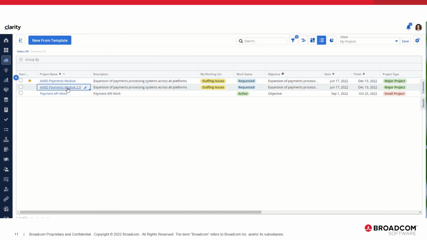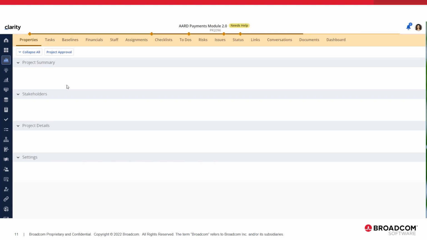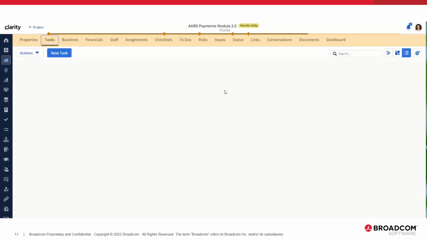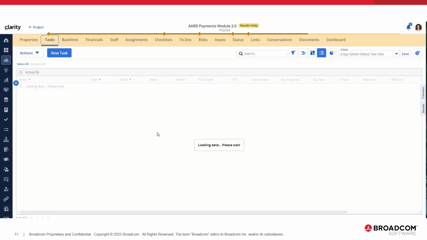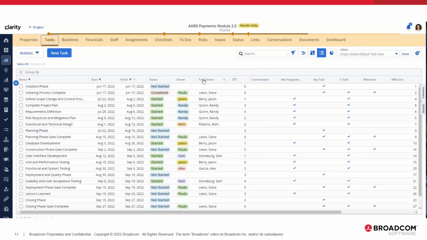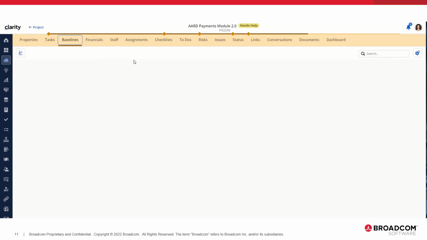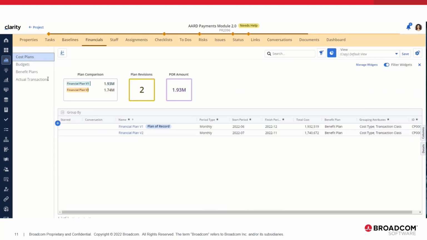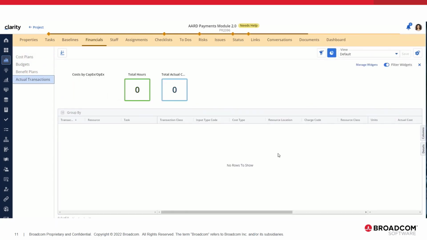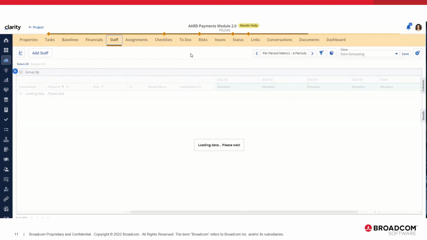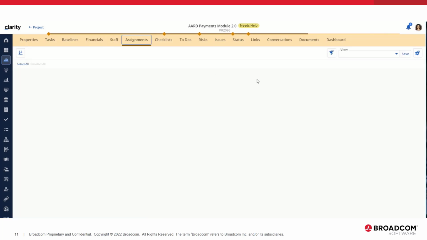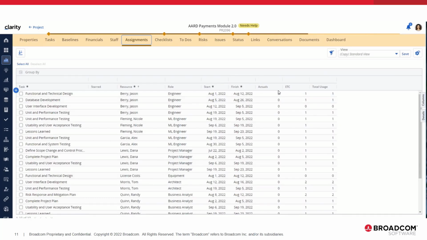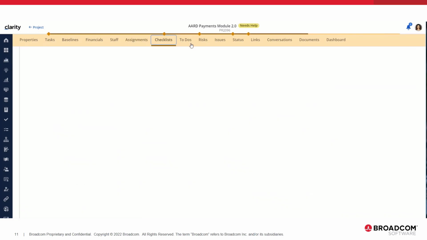But let's go in and just take a quick look and poke around a few things to check and see that we got them. So you can see here, we get our tasks, we get the pick list information copied, no conversations, we get our baselines, we get our financials, and if we look at the actual transactions, there are none, which is what we would expect. We get our staff and assignments. You can see no actuals. And you get checklists,